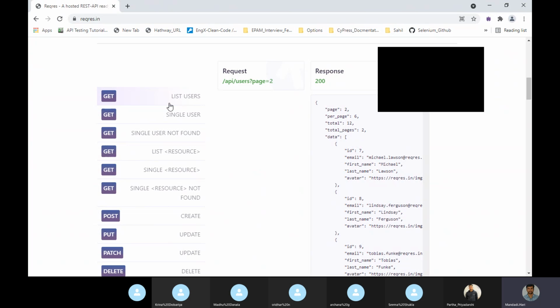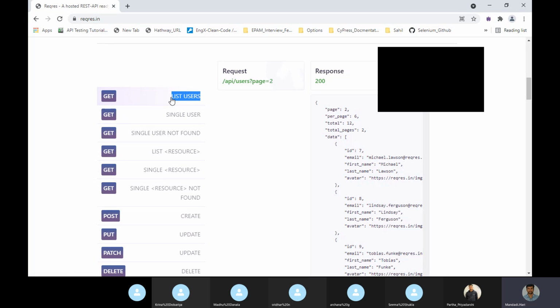Normally, in terms of understanding requirements, we need to understand what the method is and what the endpoint is. This is the endpoint, right? The endpoint, if you see, they have given list users.